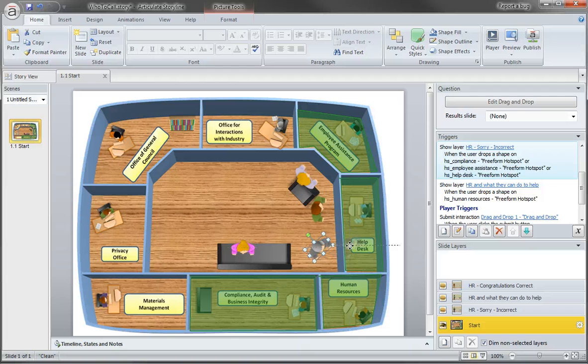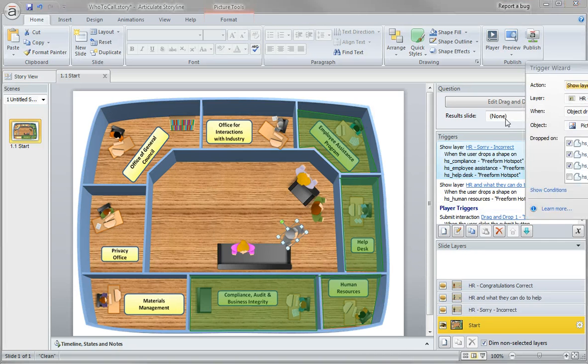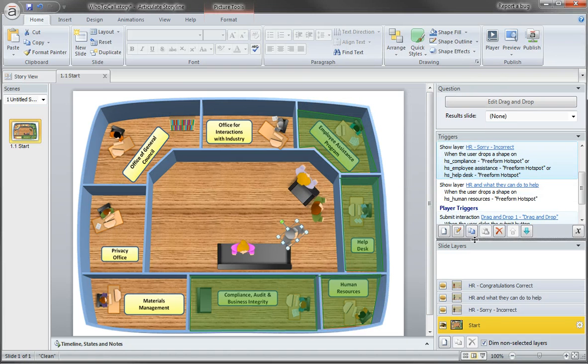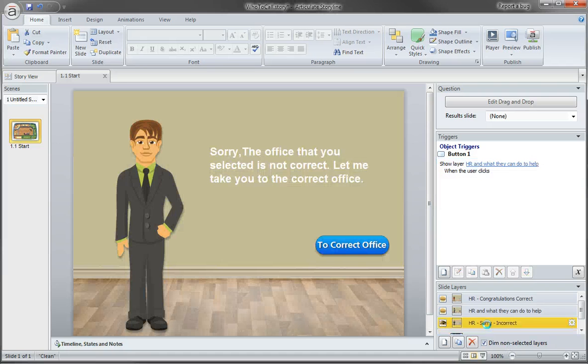However, if I go into any one of these wrong or incorrect offices, I just rewired 4 of these, show me that incorrect. And we can actually do that with a single trigger. So the idea is show layer, in this case the incorrect layer, when an object, and this is the guy in the gray suit, is dropped on any of these objects. So I'm really just selecting all except the correct layer. Click OK. So that brings it down, and then of course he goes to incorrect,